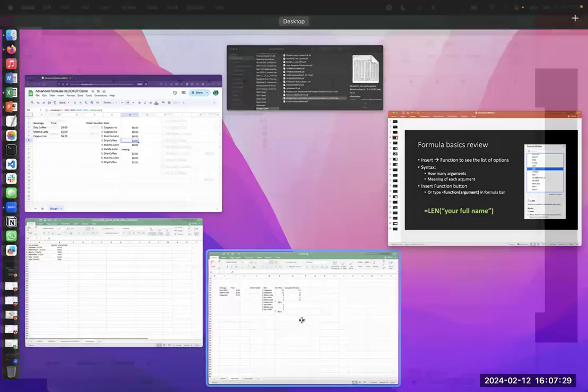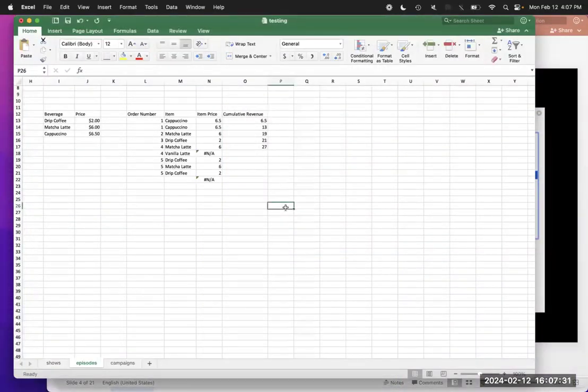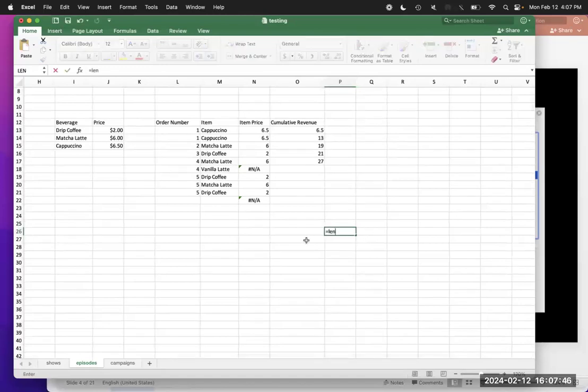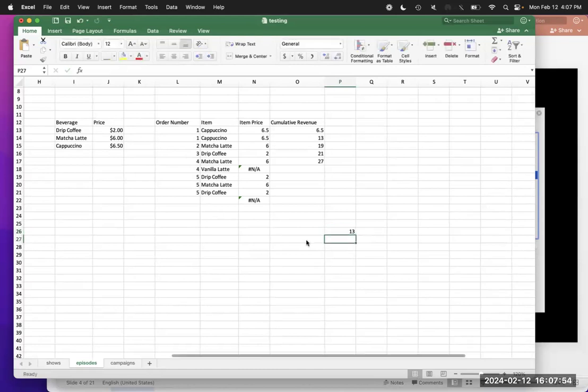Right here, for example. So I'm going to hop into a cell, and you can see right here, but also in your formula editor bar up at the top. Let me zoom this in a little bit. Okay, so I'm going to do my equal sign, LEN. I'll do my name, Rachel Raley. Close my quotes, close my parentheses, hit enter on my keyboard, and it'll tell me that my name is 13